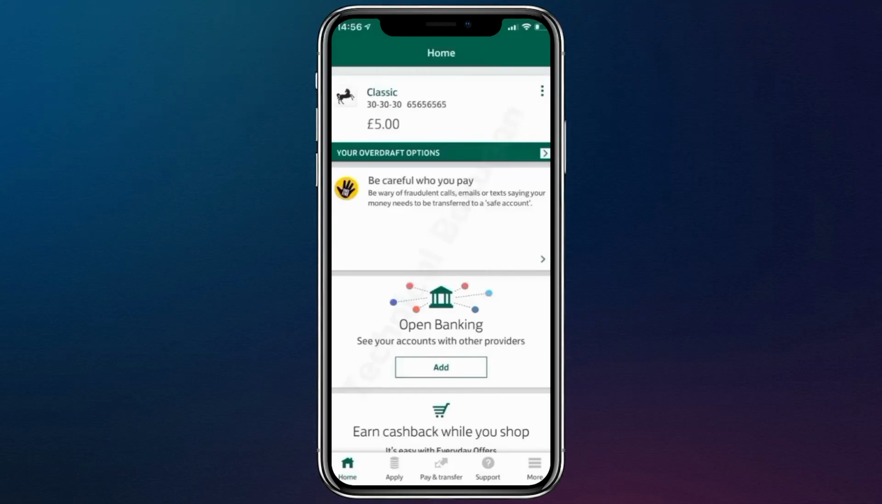In this video, I'll show you how to transfer money from your Lloyds Bank account to another account. First, open the Lloyds Bank app on your mobile device and log in using your secure credentials. Make sure you have a stable internet connection so the app can load smoothly and all your banking information is